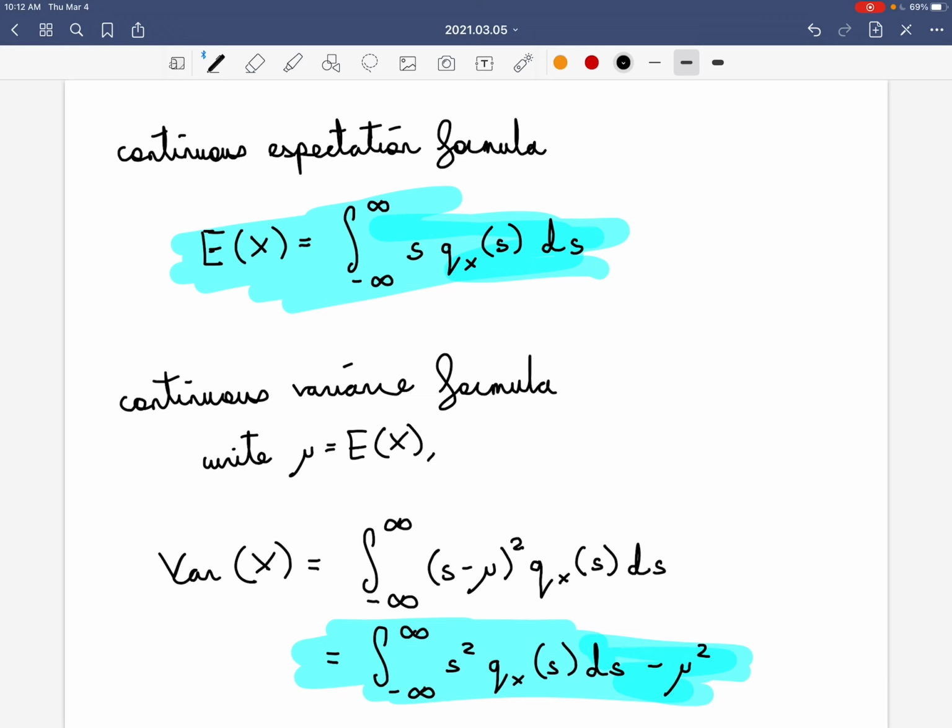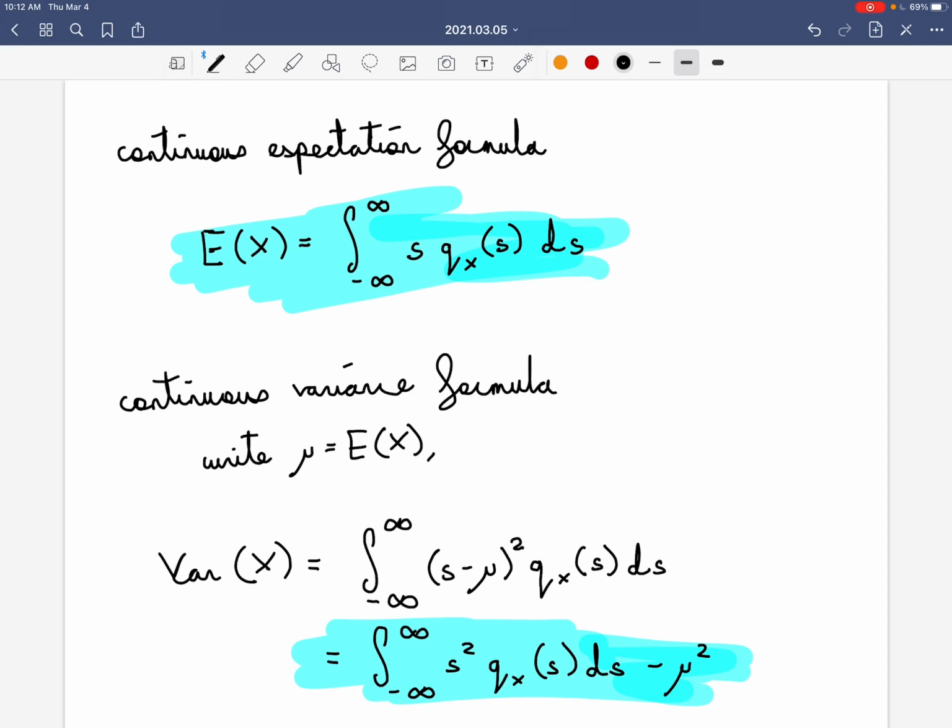You need to take the integral from minus infinity to infinity of x times the density with respect to this variable s. So the continuous variance formula you can see highlighted in the teal on the bottom. So it has a similarity again with the discrete variance formula in that you have these two different versions. One which is